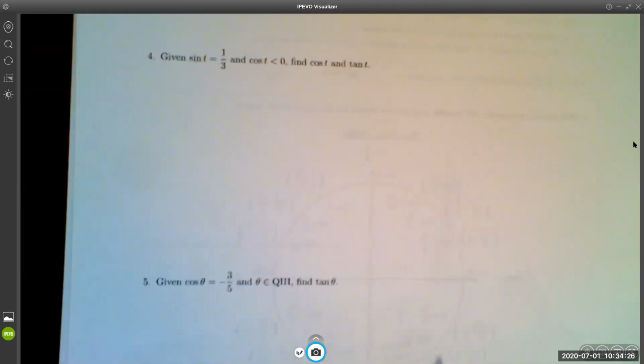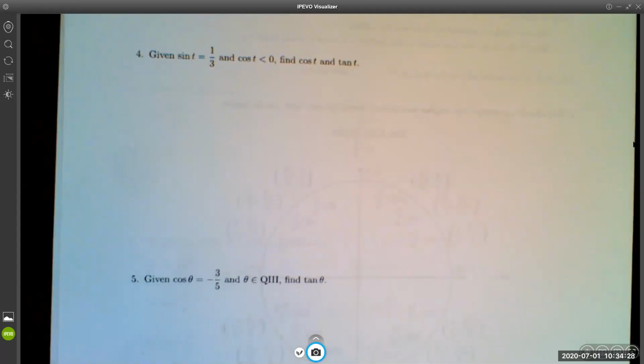Here's more practice. It says, given that sine t equals 1/3 and cosine t is less than 0, in other words, cosine t is negative, find cosine t and tangent t. Okay. So sine t is 1/3, but cosine t is less than 0. That's interesting. When I try to draw this picture,